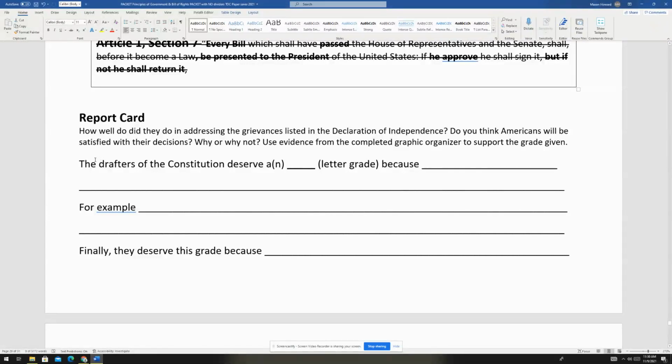So how do you think they did? We're done writing the Constitution. We have all the articles done. We are going to get everyone to sign it. The drafters of the Constitution deserve what grade? Guys, we still use it today, but do they deserve an A, B, C, D, F? Because we're done. Why do you think the Constitution